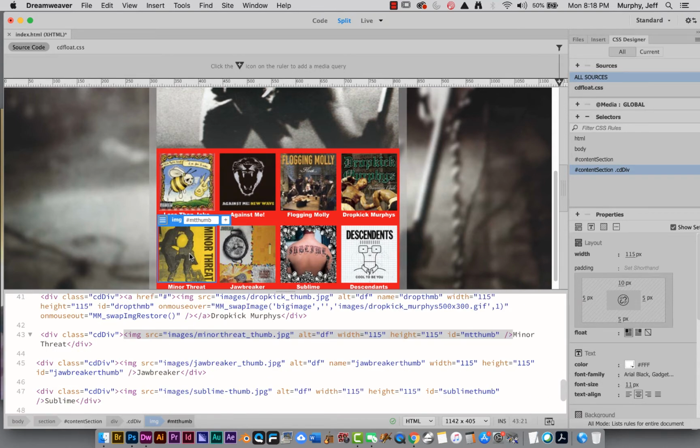We'll start with the basic, which is a swap image, where the thumbnail swaps out with another thumbnail. The important rule here is that they have to be the same size. So this is 115 pixels by 115 pixels, as you can see in here. And I have another image that's exactly the same size. I used the crop tool, set it to 115 pixels, and cropped out exactly what I wanted to get the